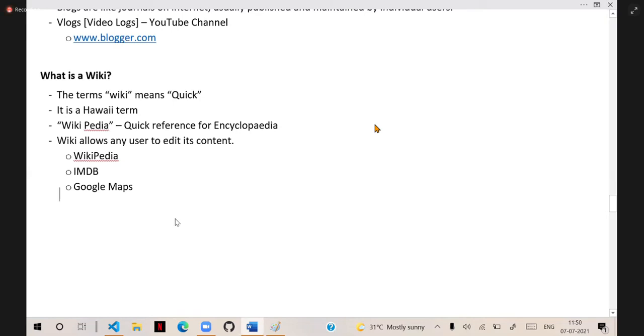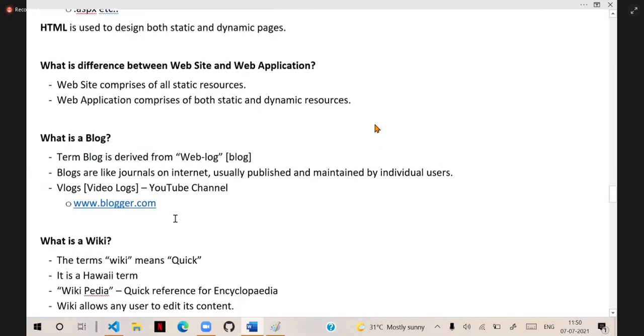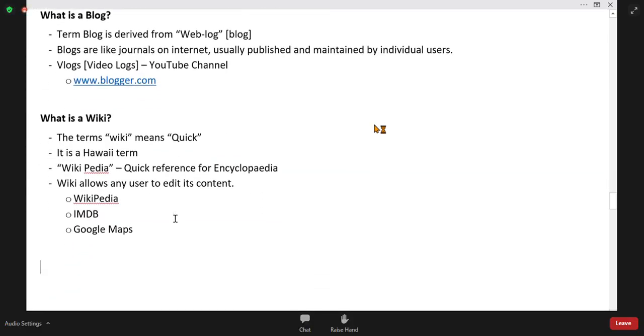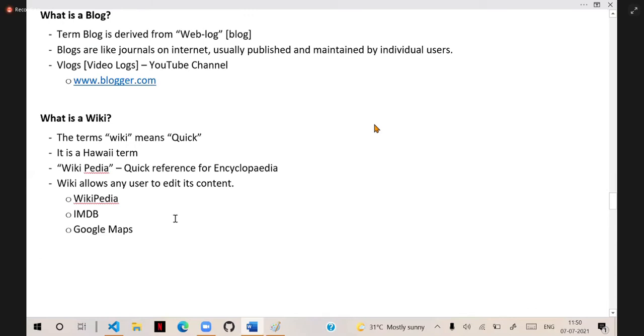So we have wikis, we have blogs, we have web applications, we have websites. So that is the reason web designing is very complex. Remember, web designing is not hard. Web designing is easy, but very complex. Complex means clients want different things, clients have different requirements. Sometimes he wants a wiki, sometimes he wants a blog, sometimes he wants a blog and a website, sometimes he wants an application. You must be able to design all of them.